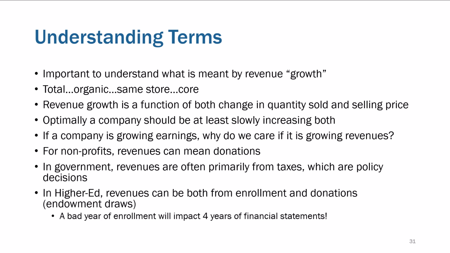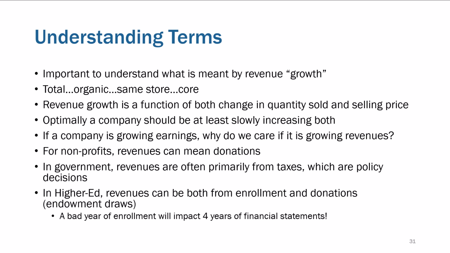In higher education, the space that I live in, revenues can be from enrollment as well as donations or draws off of an endowment. And a big thing in higher education is you really want to get a strong first-year class, because if you have a strong first-year class, you're going to be getting tuition and room and board revenues for 4 years. If you have a bad year of enrollment or a weak first-year class, now that's going to impact your financial